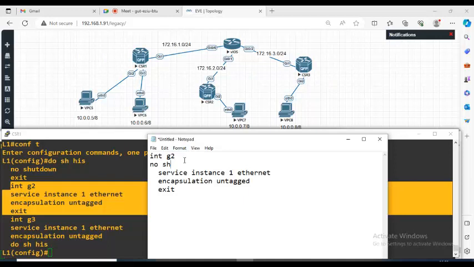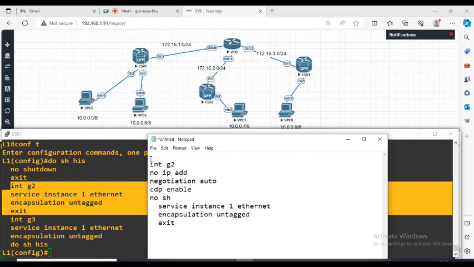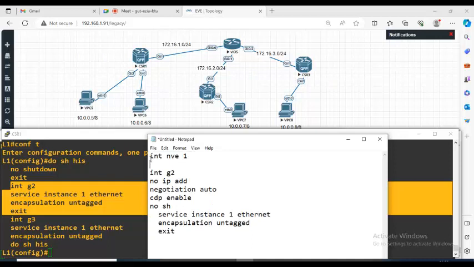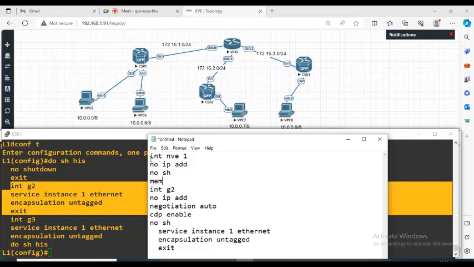And then what are all the other things that we did here? No IP address. And then negotiation auto enable. So this one is on the interface. And then the tunnel interface was NVE. No IP address here, no shutdown. And then member